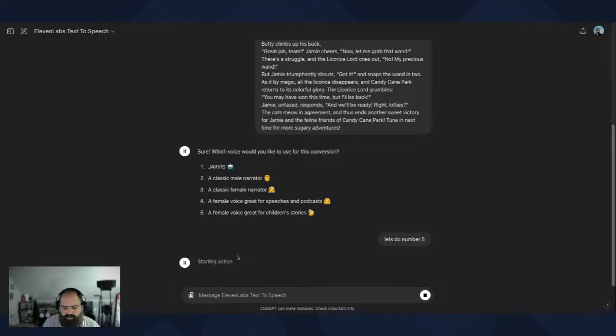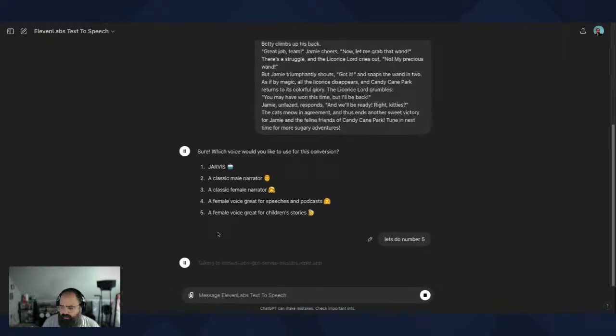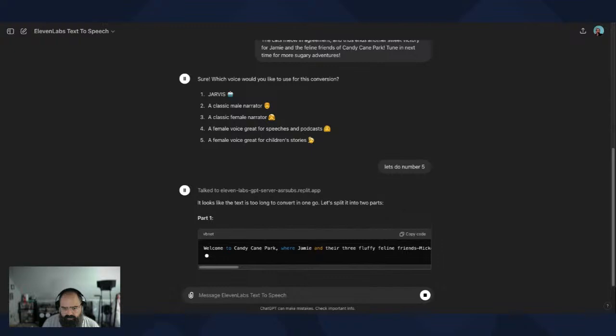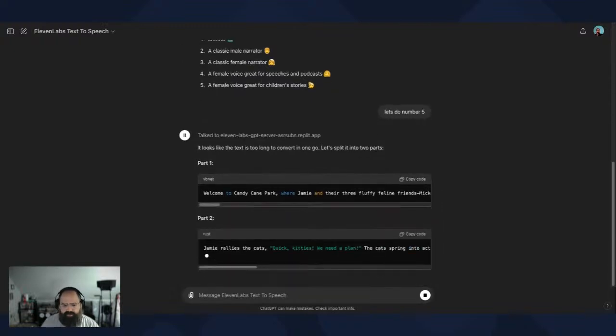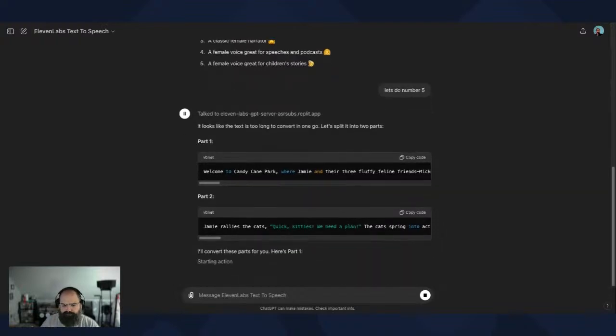It looks like the GPT is working. It's a little too long, so we're going to do 2 parts. All right, so it's doing its thing.